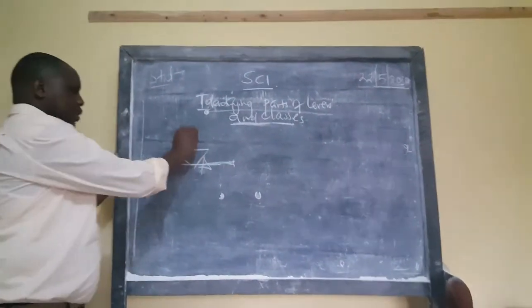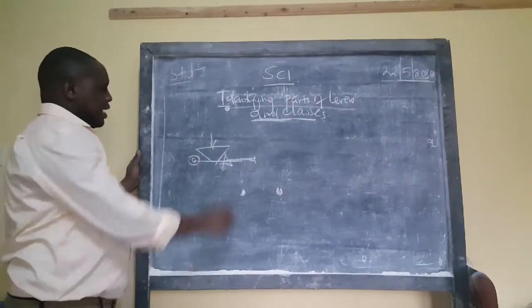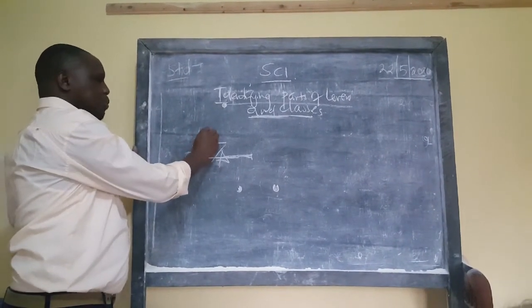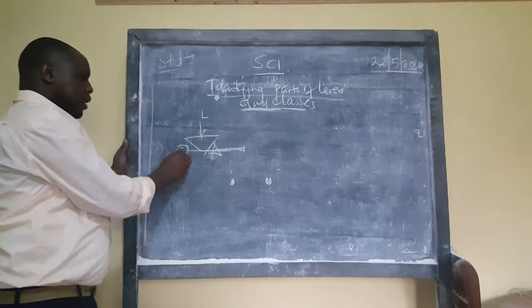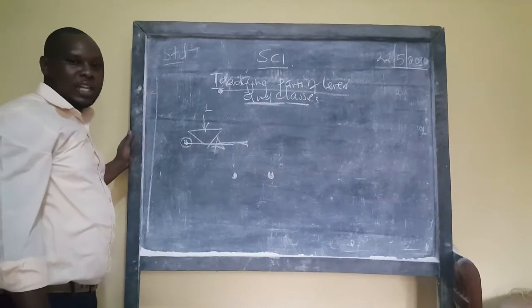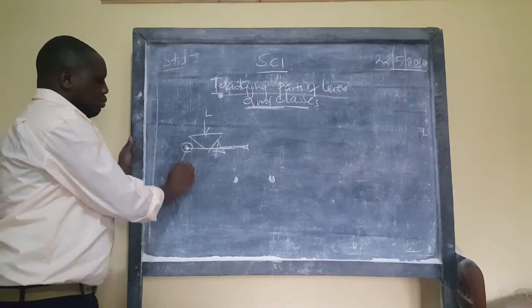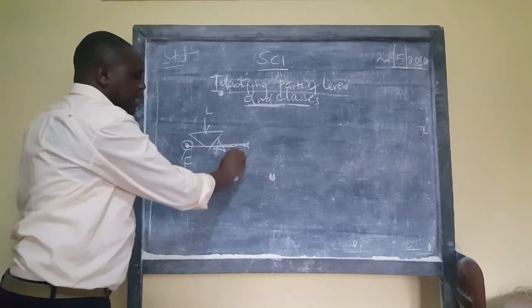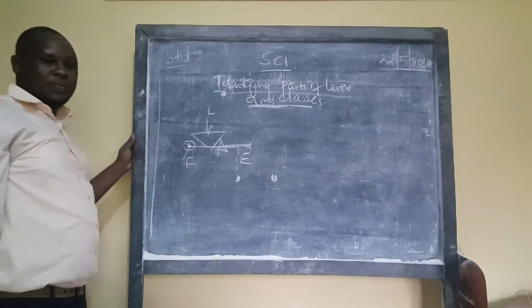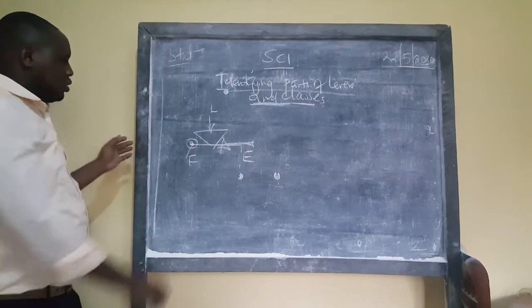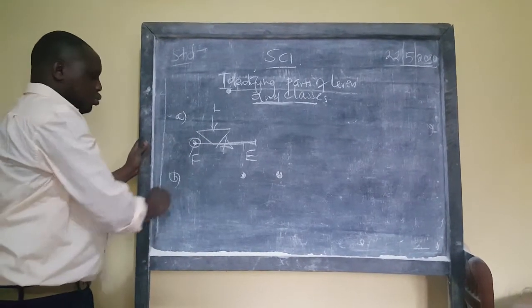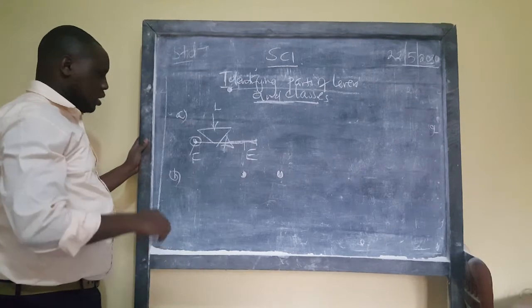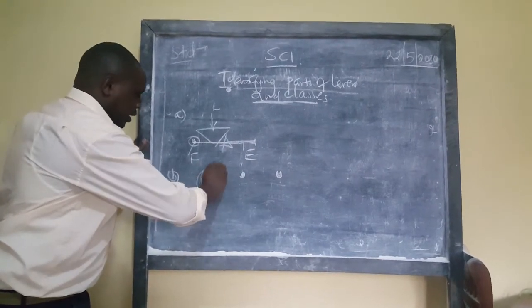We said in a wheelbarrow, the load is carried at the central part. So this is going to be the load. This is the rotating part or the turning point. That is going to be the fulcrum. And then where do you apply your effort? Your force is going to be applied here. So this is going to be the effort. If I can just do another one so that we'll be able to identify the classes, maybe we draw one of the